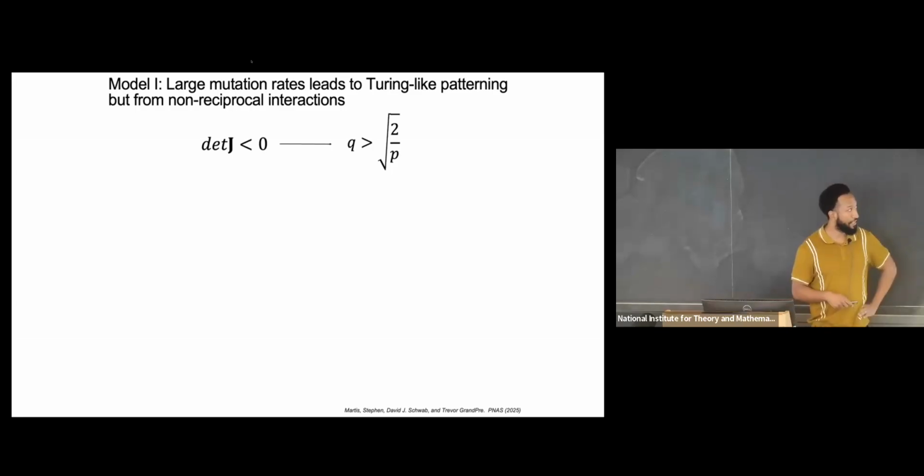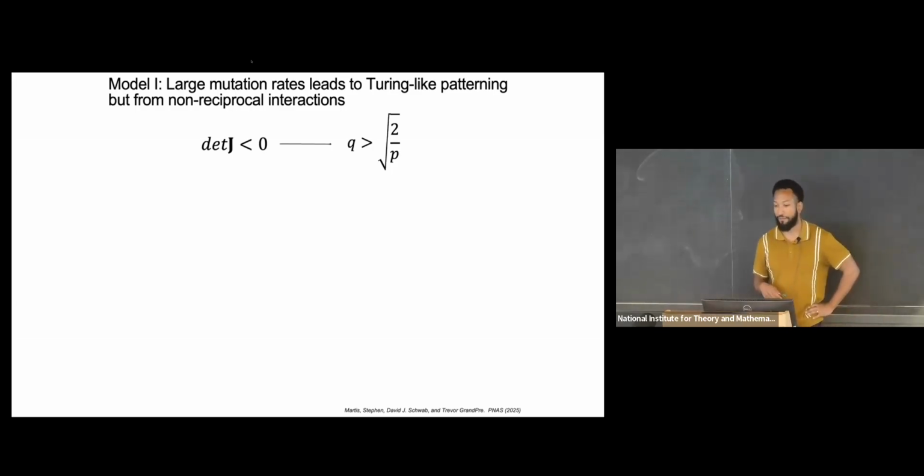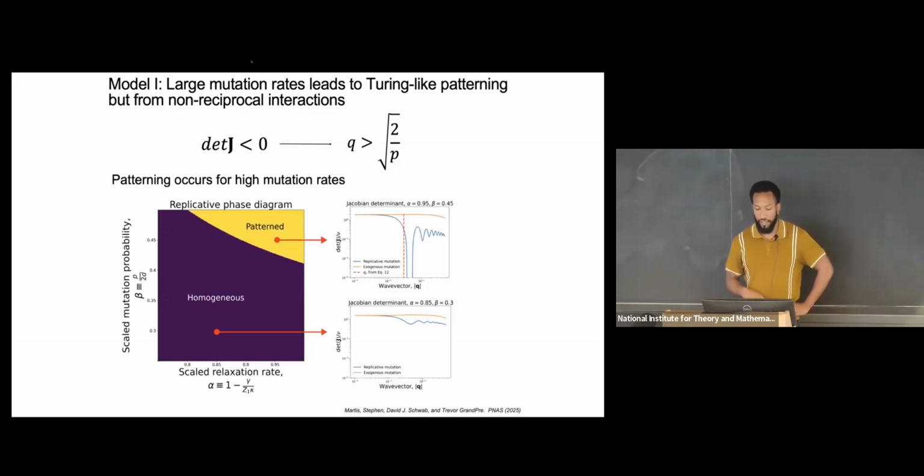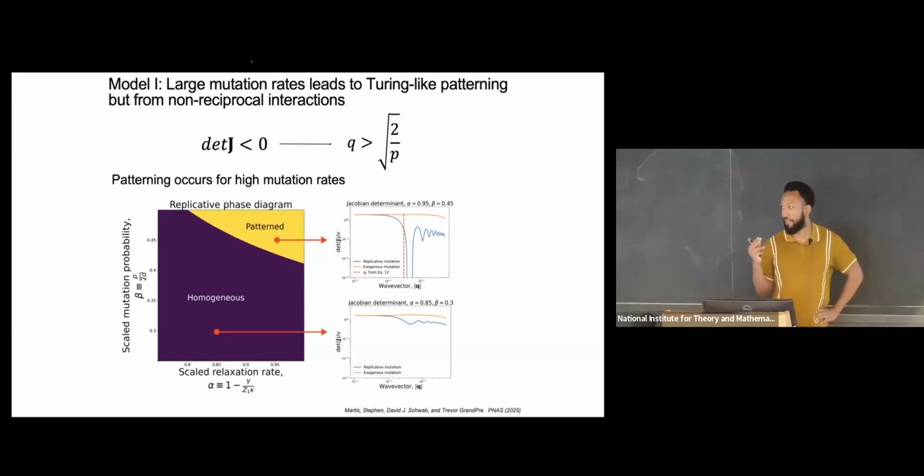For the replicative case, here Q is the wave vector. You'll have some finite peaked patterning proportional to the square root of 2 divided by p, where p is the probability of having this replicative error. And here's a phase diagram actually, as a function of beta, which is just p over 2d. So d is the dimensionality, and this is a phase diagram for all dimensions, and p is that probability,